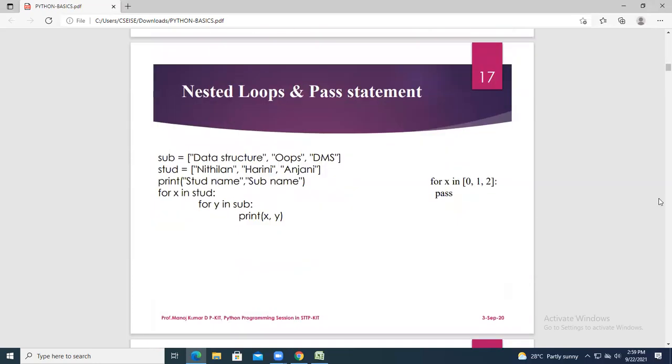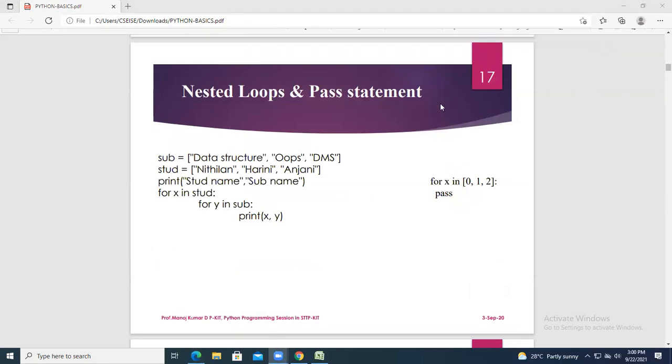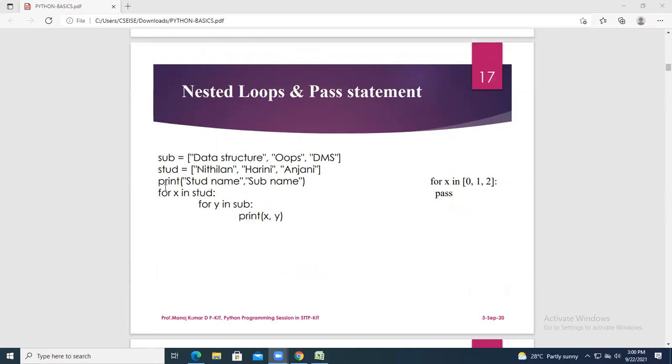Now you come to nested loops and the pass statement. For nested loops, I have taken two things, sub, under which you give 3 values. Now print all the variables using a nested loop.